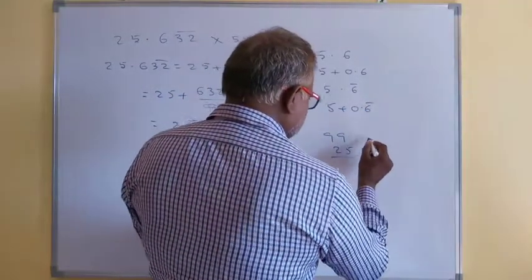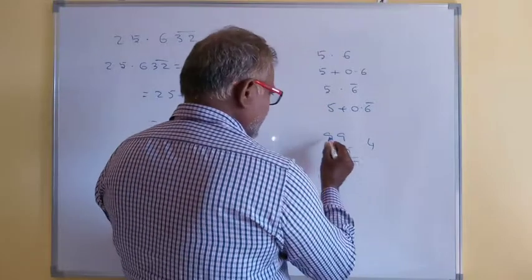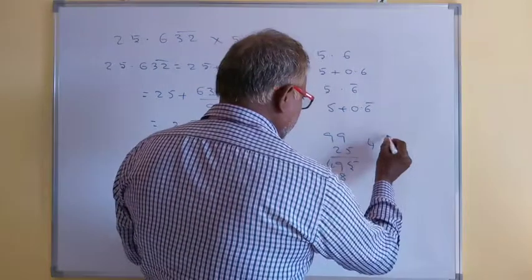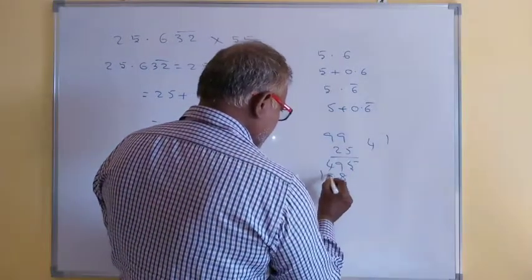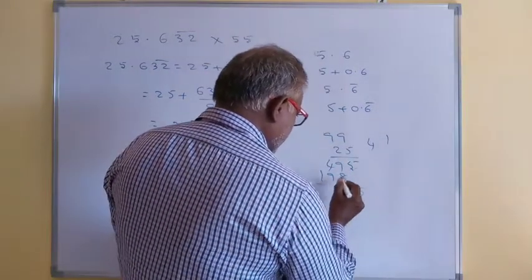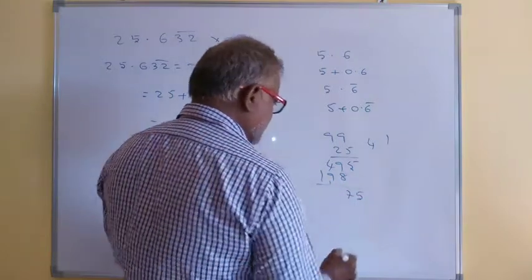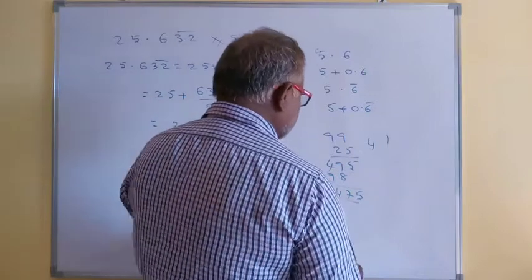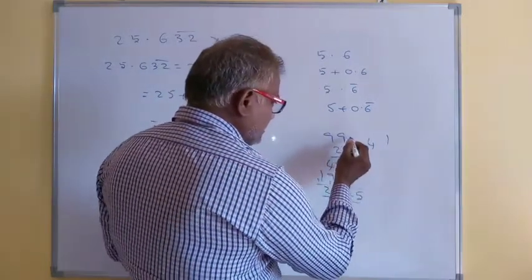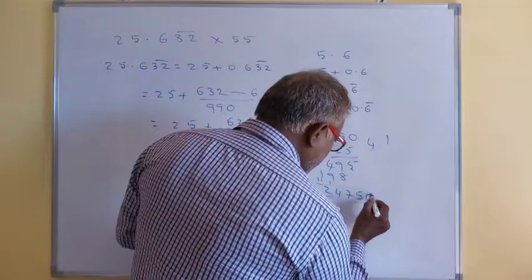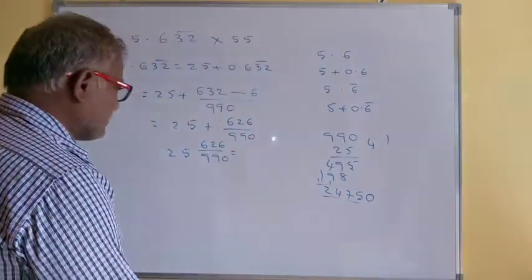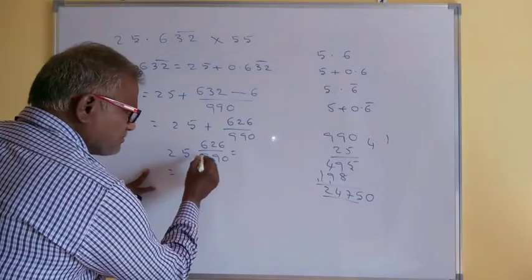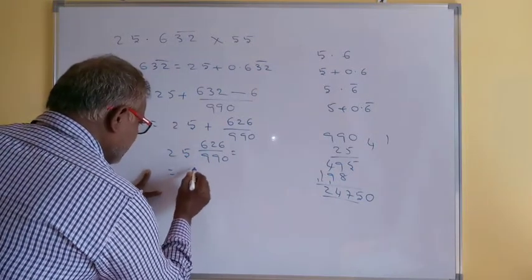5 nines 45. 2 nines 18, plus 4 is 22. So 5, again this is nothing but 17, this is nothing but 14. 2 4 7 5. But here 9 0, so at the end you have to put 0. That means here, simply how can you multiply this mixed fraction, first of all you have to write